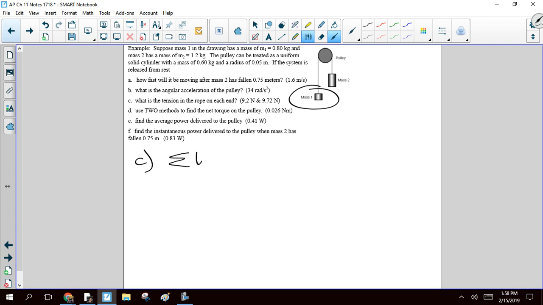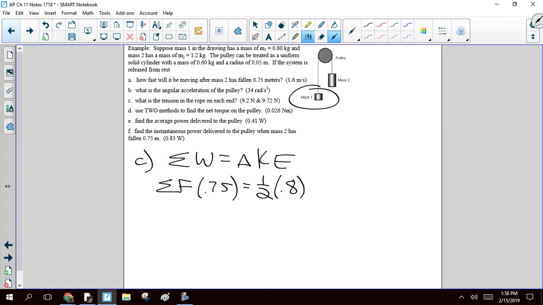the net work is equal to the change in kinetic energy, right? Well, my net work is my net force times my displacement, which is 0.75, right? That's got to equal my change in kinetic energy. Oh, well, that's 1/2 the mass, which was 0.8, times our velocity squared. That's our final, and then our initial is 0, right? So if you simplify this, you can find your net force, or better yet, your net force is really just,